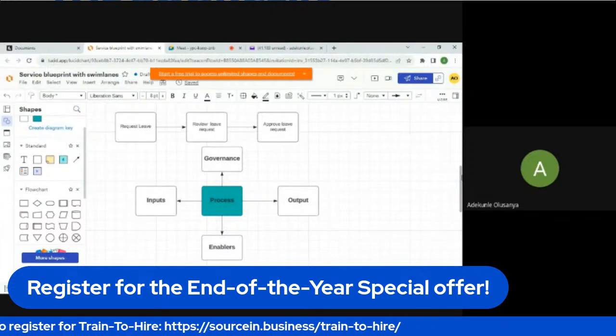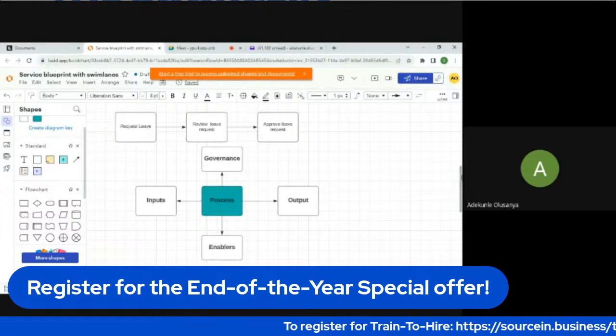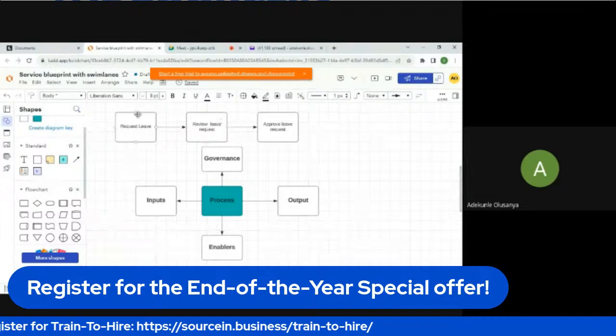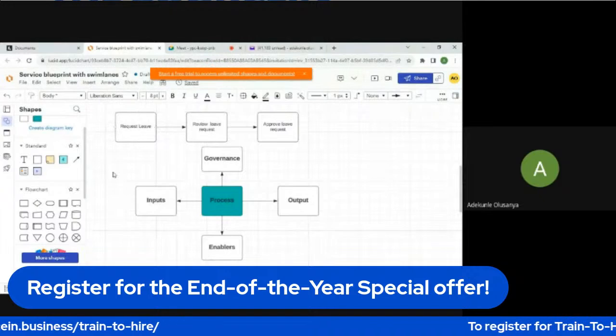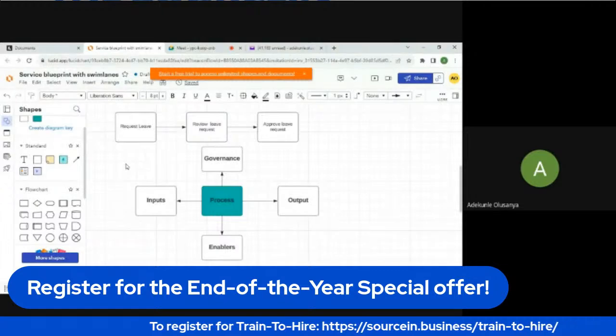So Lucid, you want to also have something like this. Lucid and Miro, those are perhaps the most popular ones. You need them, diagramming tools. Very important. So now, what I'm showing you is not what I want to show you. Confirm you can see my screen, please. Just unmute and confirm you can see my screen. Okay, good. So this is not what I want to show you.